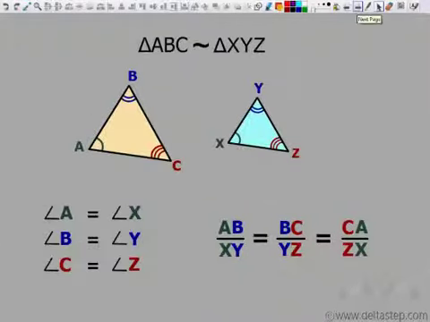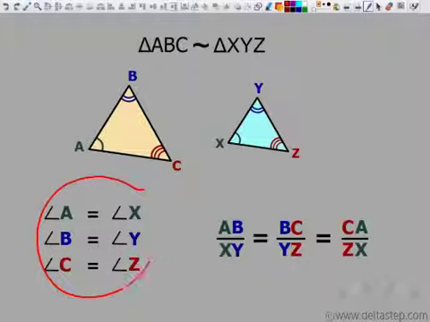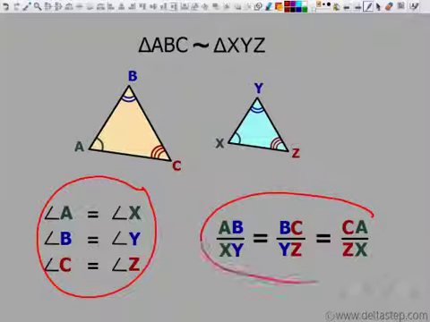Now we had seen that if two triangles are similar, then this holds and this holds. That is, the corresponding angles would be equal and the corresponding sides are proportional. So these two hold. We have also seen that this alone is sufficient to prove similarity. Again, this alone is sufficient to prove similarity. Now, can a combination of these two work?